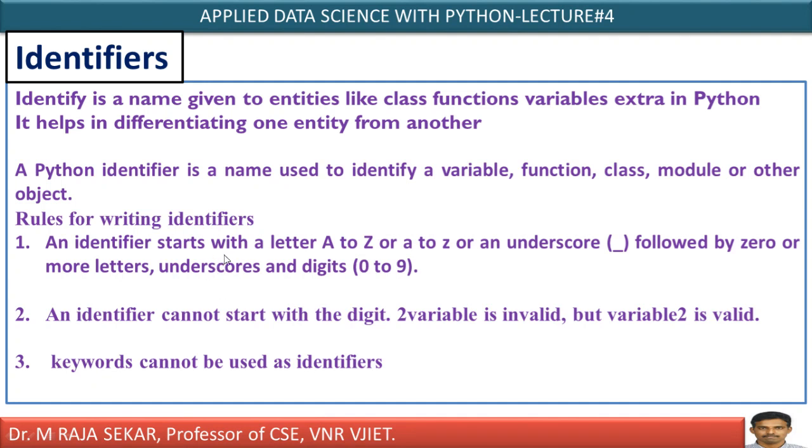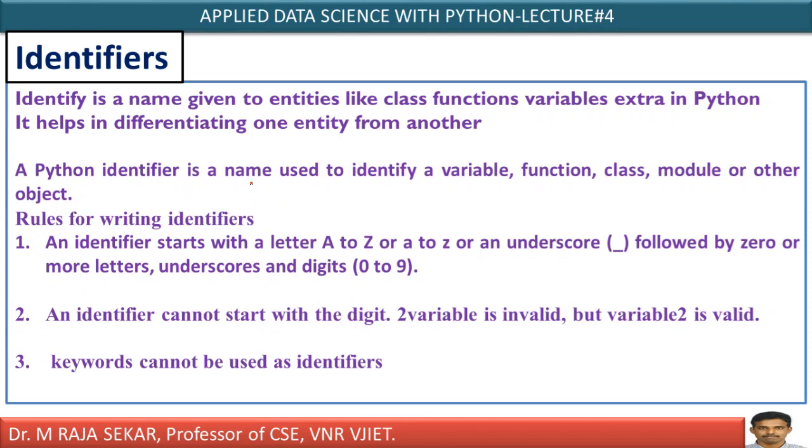Anyway, before that let me explain identifiers. After explaining identifiers, we will see them in the Python notebook. Identifier is the same as in C language class. Identifier means what? An identifier is a name given to entities. That name may be for a class, a function, or a variable, isn't it? How can one identify a variable? By its name. How can one identify a function? By name. Therefore, it's a name given to a variable, function, or class. It is the same definition as in your C language.